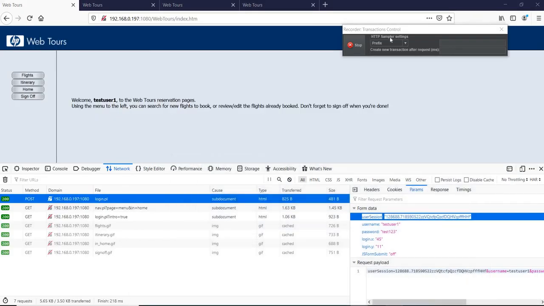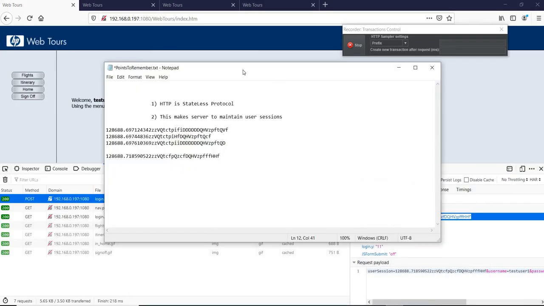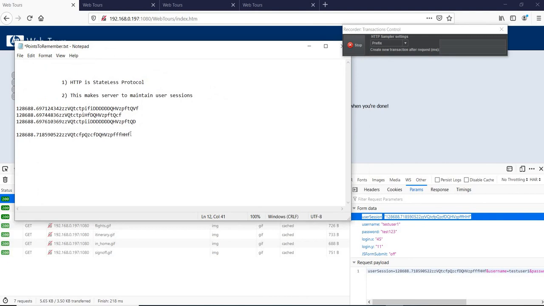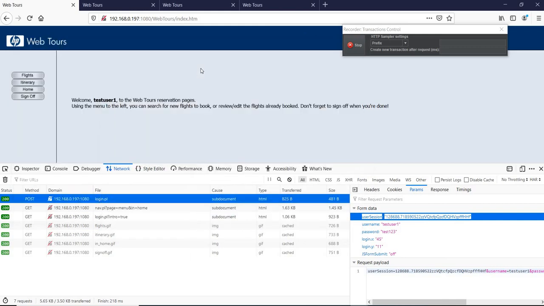Now we will go ahead and compare this user session with the last user sessions which we had. So this was the last user session, which was 7185905. This is also 718590522ZZ FFFHHF FFFHH. So what exactly happened was, when the first request went to the server, it did not know where it was coming from.